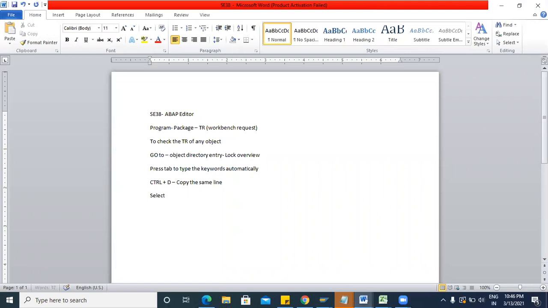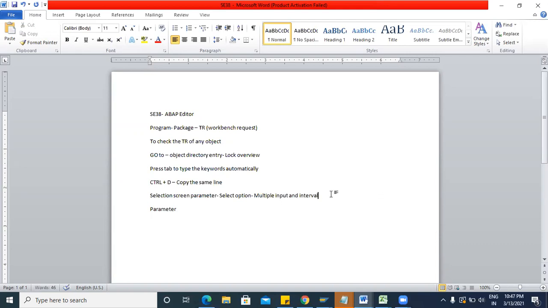Selection screen parameter. So basically we are having two selection screen parameters. First is select option, and second is parameter. Select option is for multiple input and interval.